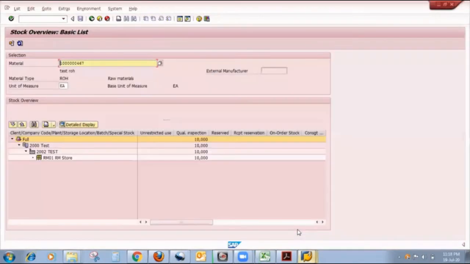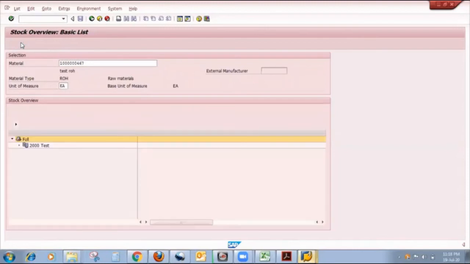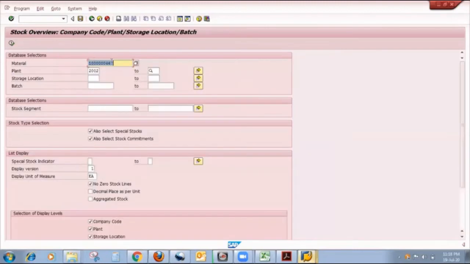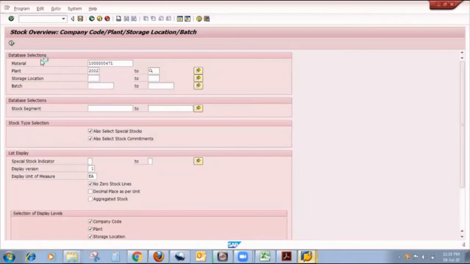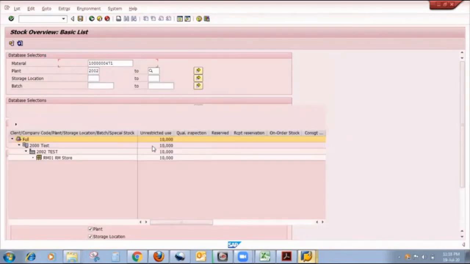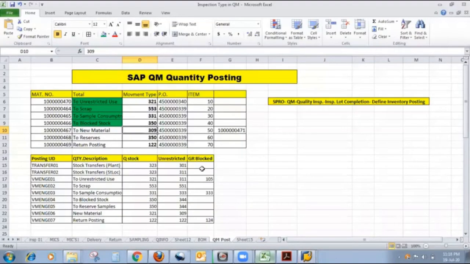Now the next step is to check both materials. After refreshing, my old material is diminished here, and when I check my finished material, you observe that all quantity, that is 10 quantity, has come to unrestricted use and there is no other quantity for the finished material.